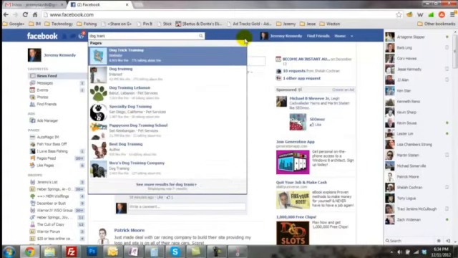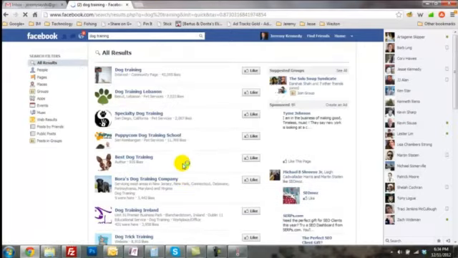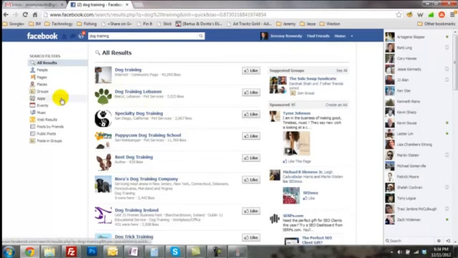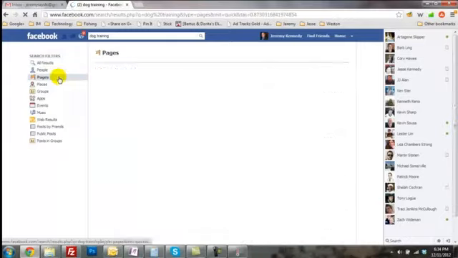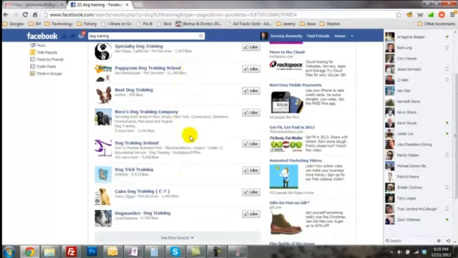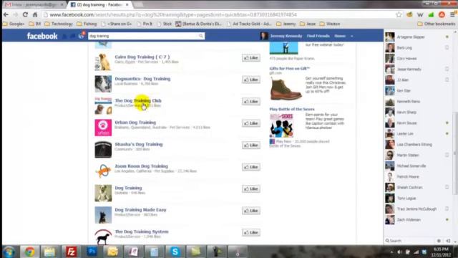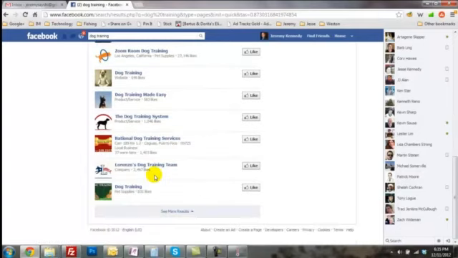let me spell this right first, dog training. If you've ever dealt with Facebook search, you know right off the bat that it really, really sucks, okay? It really sucks. I wish they had a better search, but they don't. But if you click on pages, you'll see some pages in here, and it's very random, the results that you get. 43,000 likes, 7,000 likes. That's not bad, but that's not really giving me the top pages and what I want to see. It's very scattered about and not very